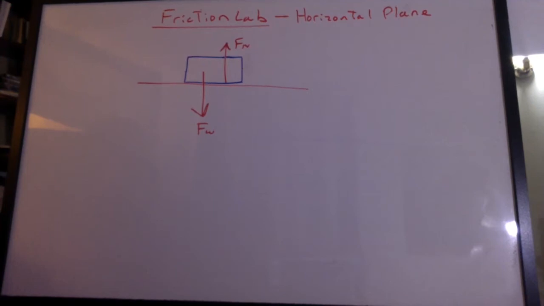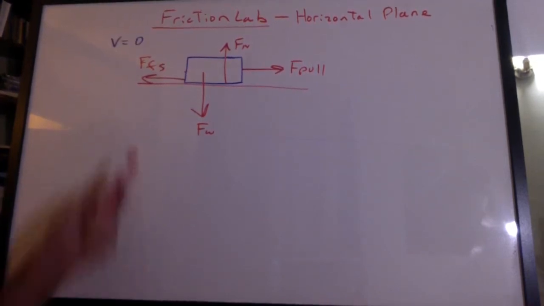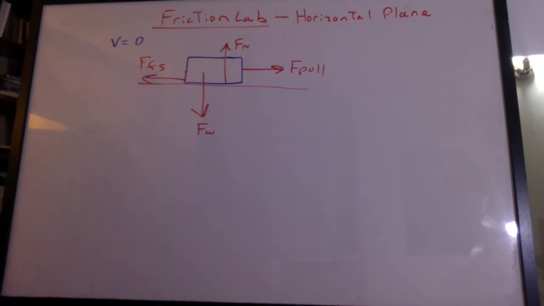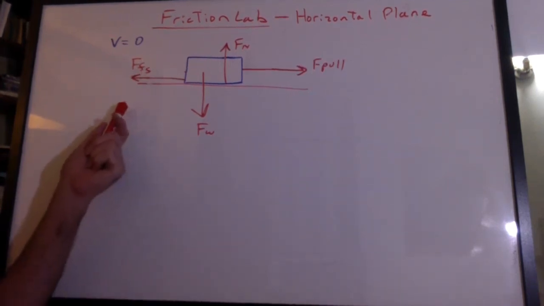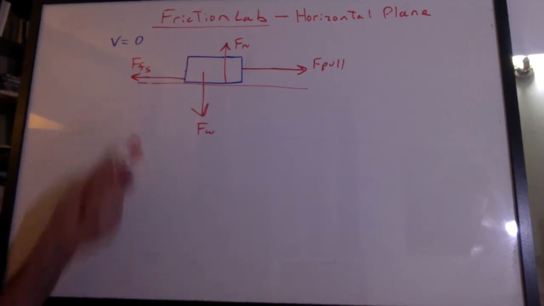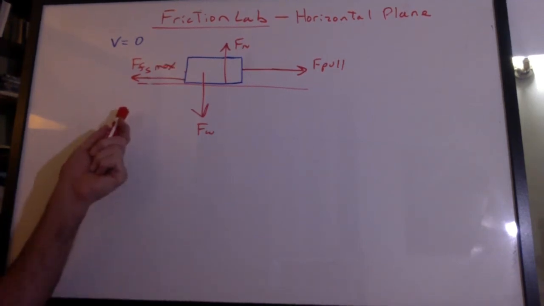We're not pulling on it, so there's no friction needed to keep it in place. But if I pull to the right and the block does not move, there's an equal force of friction going the other way. The velocity is 0, so we call this static friction with the S. When I pull harder, the static force of friction increases until we reach the maximum static friction and the block